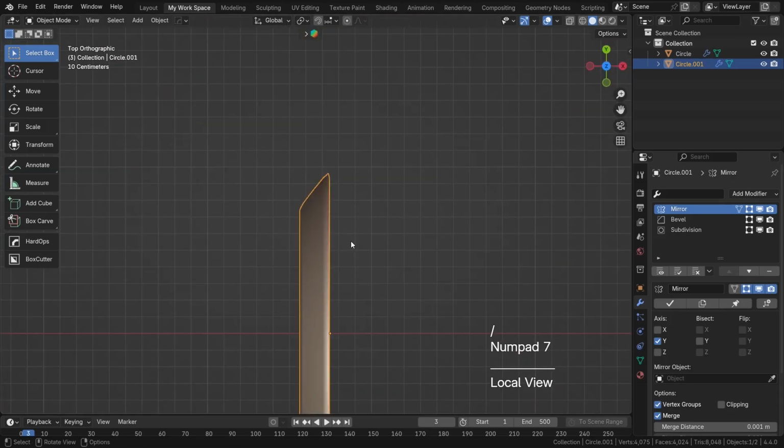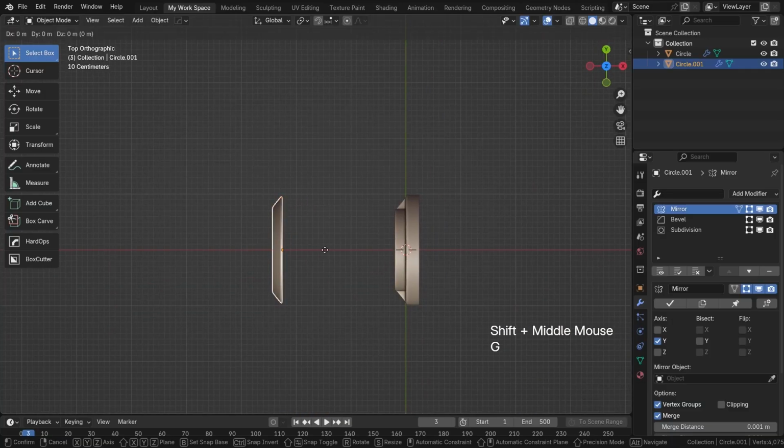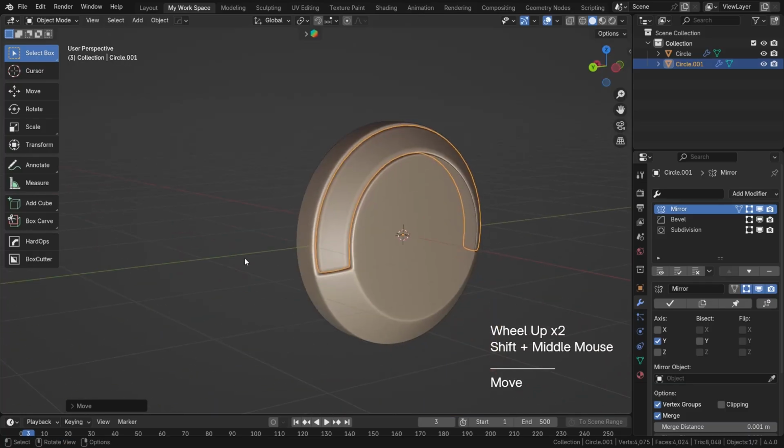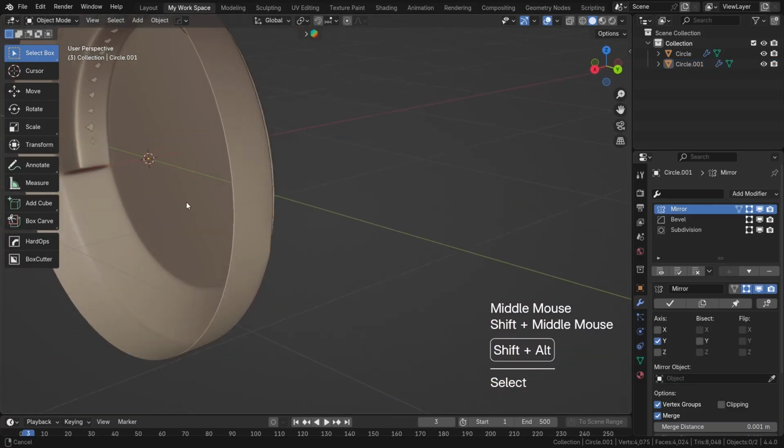Now I will go in top view again and shift it to here. So we have nicely